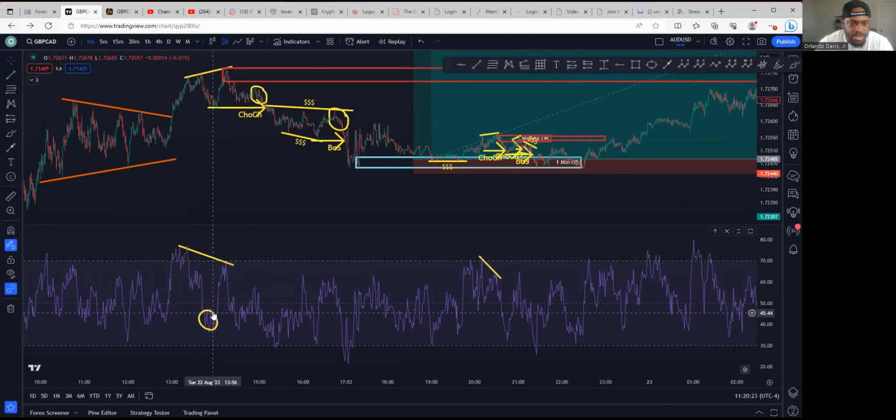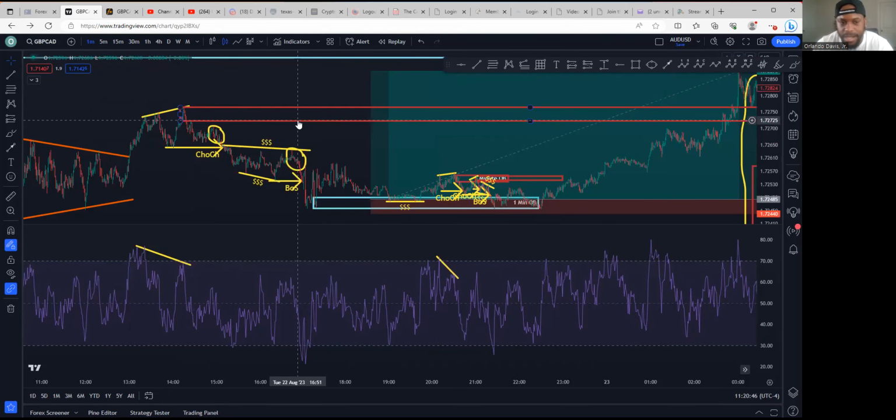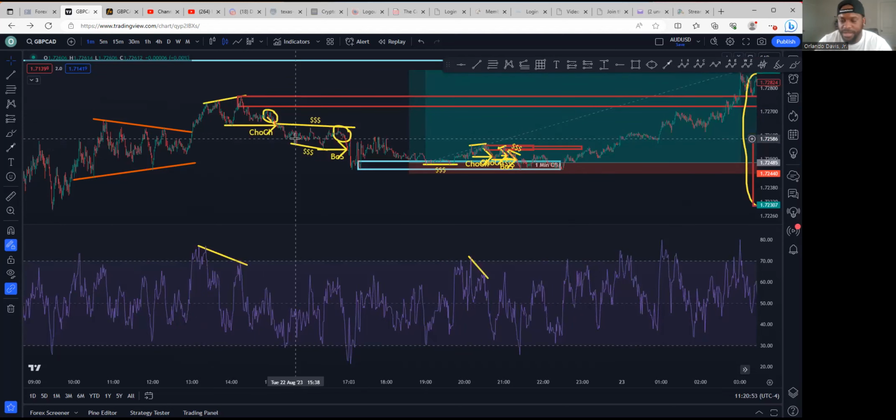Make sense? So now what happens is this. Once you got price diverging and then changing character, that pressure, the supply zone that causes the change of character in this scenario, it automatically becomes a point of interest. Automatic. Because that's where the pressure came from, where price decided to change the character. Price may want to come back and respect this area and then sell off. It may want to go bearish, correct? That's still possible. Just for instance, we're in this area right now. This is not printing yet.